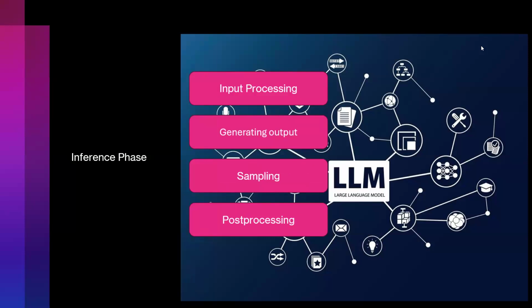In generating output, we will be using the model to predict and generate the next words. In sampling, we will be selecting words from the predicted probability distribution. And post-processing is converting the generated tokens, whatever we got in the previous stages, into a readable text. After the training phase and the inference phase, the LLMs will recognize the pattern,